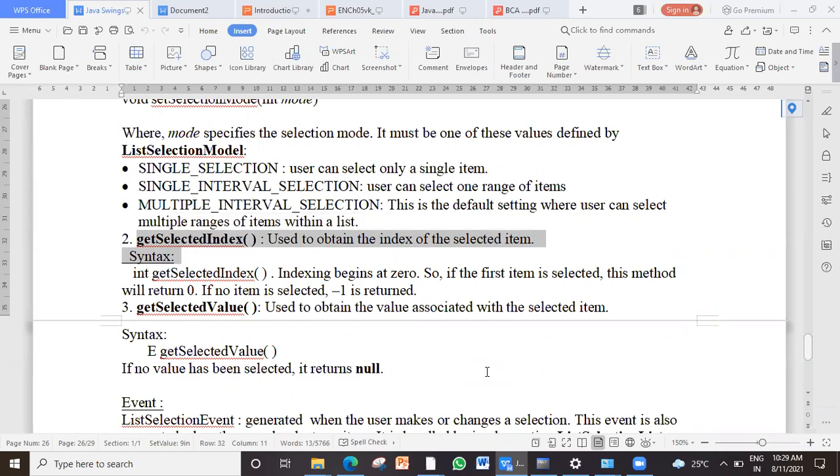You know array index? In an array, if you have 4 elements, what will be the first index? 0, 1, 2, 3. Similarly, here also the index will always begin from 0. And it gives you the index of the selected item, based on that you have to proceed. So int getSelectedIndex begins at 0.